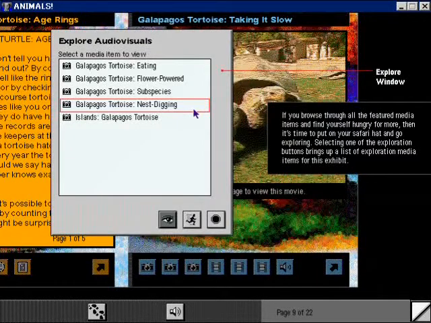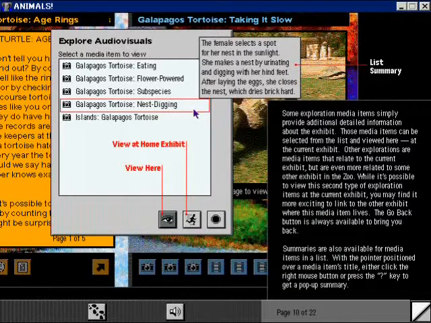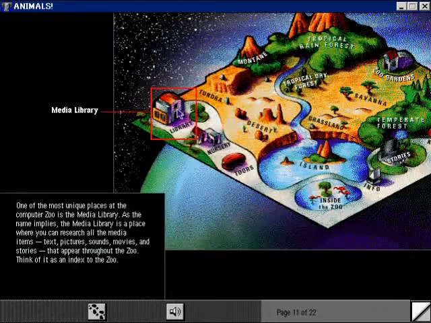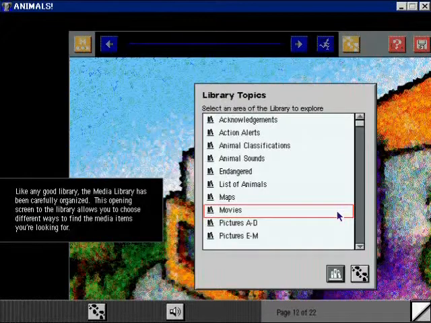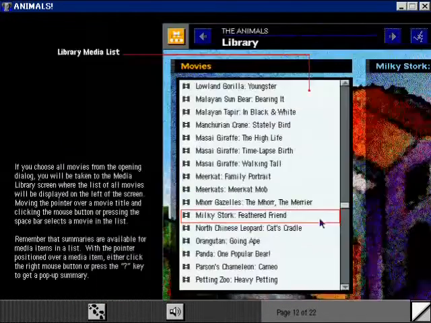If you browse through all the featured media items and find yourself hungry for more, then it's time to explore further. Some exploration media items simply provide additional detailed information about the exhibit. One of the most unique places at the Computer Zoo is the media library. Like any good library, the media library is well organized. If you choose all movies from the opening dialogue, you will be taken